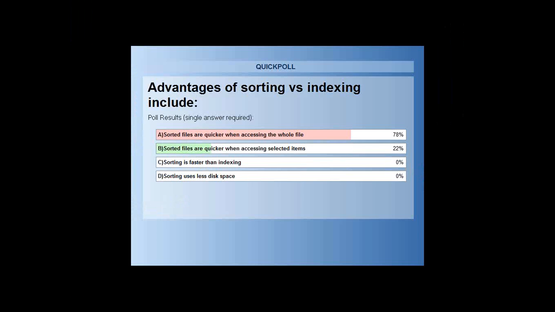With an indexed file, you're going to have to read the index. But the index we said was a very small file. We can read it very quickly and then jump to the 5 items we need out of the 2 million records. Okay, so correct answer, A. Okay, let's press on.